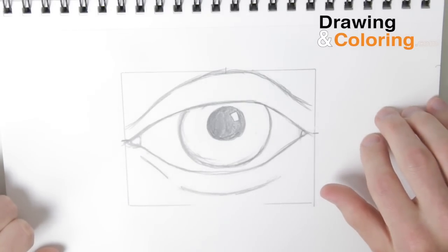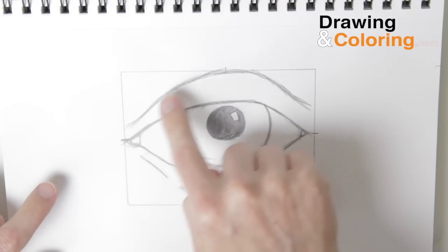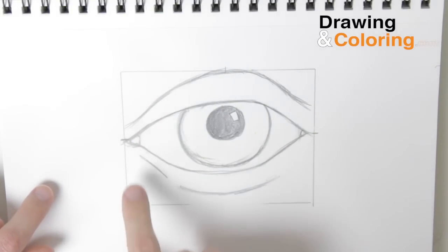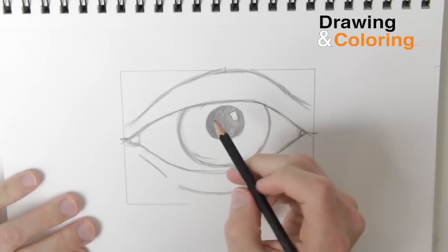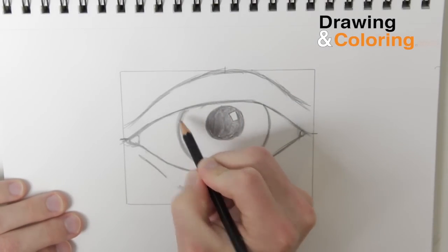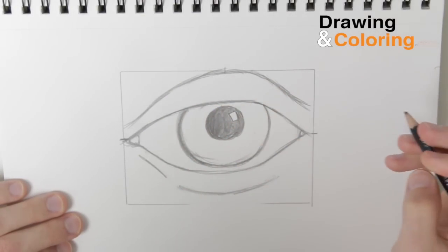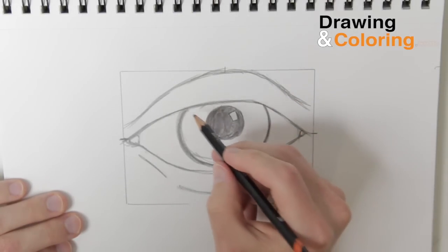Alright, so as you can see, we have the iris and the pupil already shaded in. We have the eyelids and the lower lid and those little eye glands in the corners. What I would first do, it's always easiest, is start with the iris. What I learned is, if you look on the outside, there's a darker line or darkness on the outside of the iris. Once you get that in there,